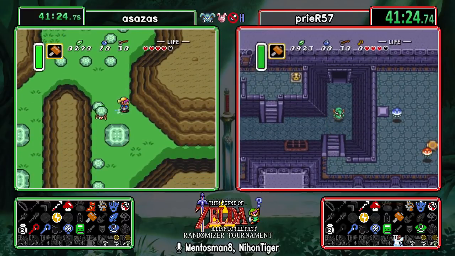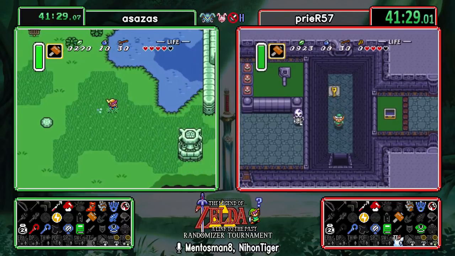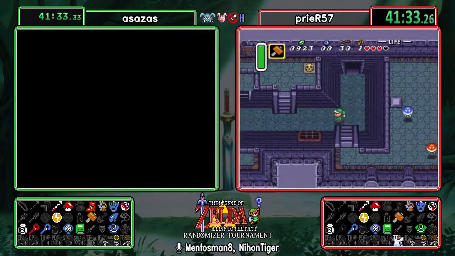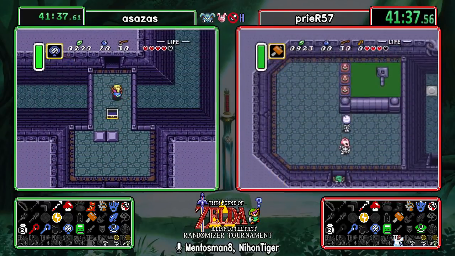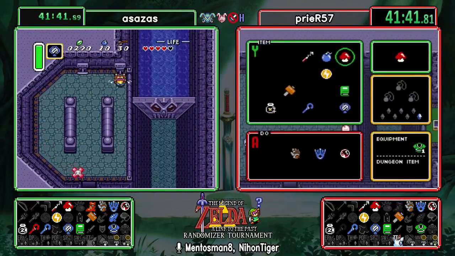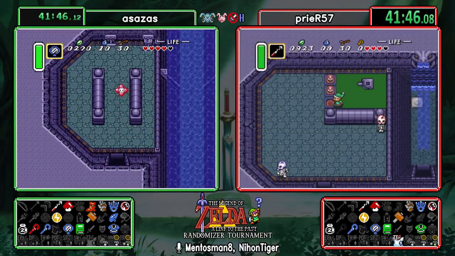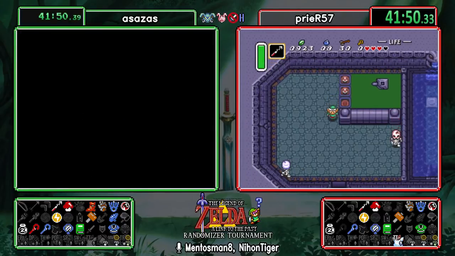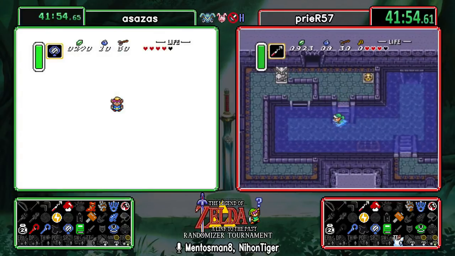I am a little bit surprised they didn't take the time to check the Meyer shed while he was over by Desert, but turns out asazas isn't even going to go check Agina and Checkerboard Cave. He's just coming over here to do Swamp as well. Just looking at these two's inventory, though, this is like a tale of 2 different seeds. You got asazas sitting with blue mail. He's got the Cane of Somaria for a little bit easier weapon. He's got the boots. He's got, you know,